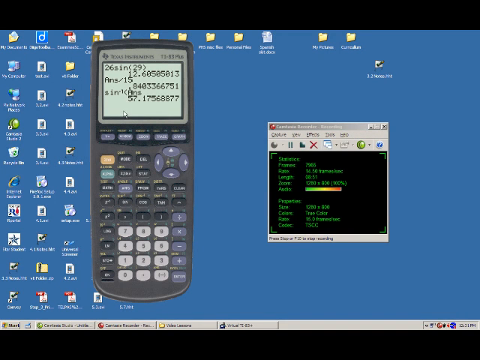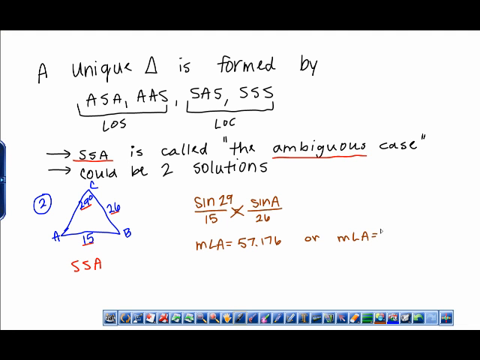Is there another angle that when I take sine, I get the same ratio of 0.84? Yeah, there is, and it's in a different quadrant. Okay, think back. This is 57 degrees right here. It's in quadrant 1. It's giving me a positive ratio of 0.84. Where else is sine positive? In quadrant 2. This goes back to general solutions. And if you do 180 minus 57.176, you get